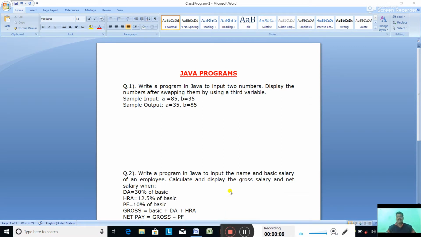So first question is, write a program in Java to input two numbers. Display the numbers after swapping them. Swapping means interchanging them by using a third variable. So first we are going to input two numbers and then we'll swap them, means interchange their values by